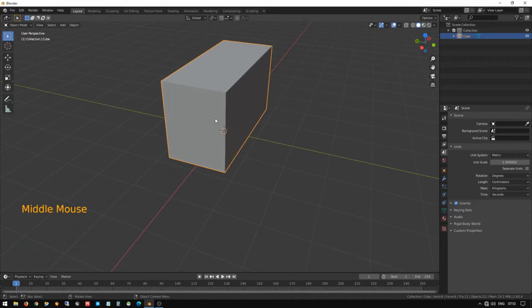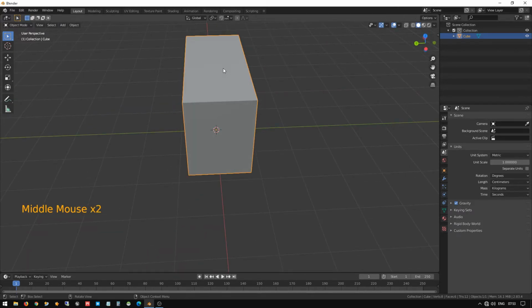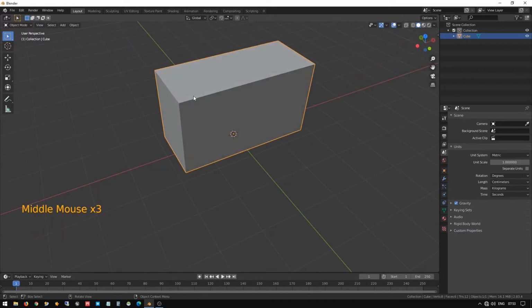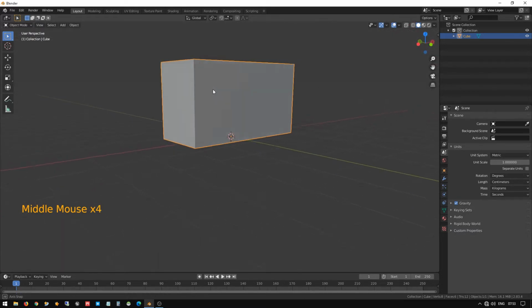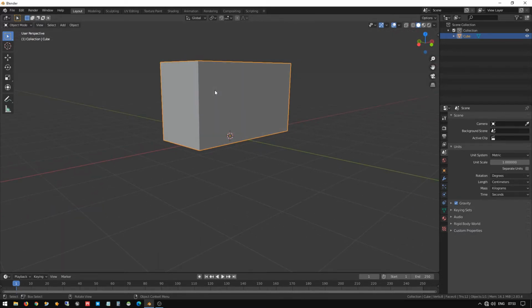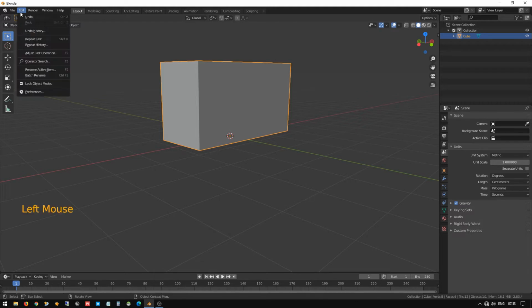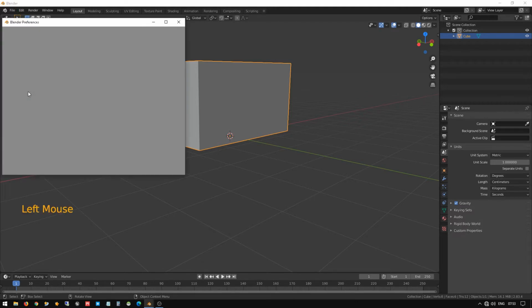Okay, before editing the details, let me add one add-on for the editing tool. Go to Edit, Preferences. After opening the tab, go to Add-ons.